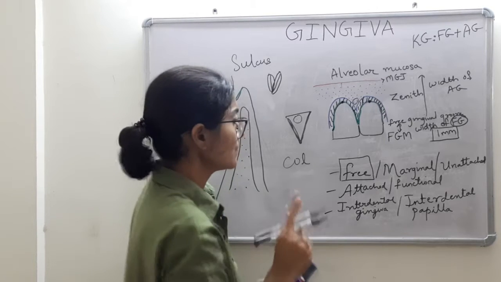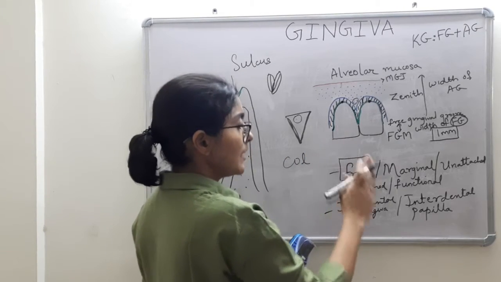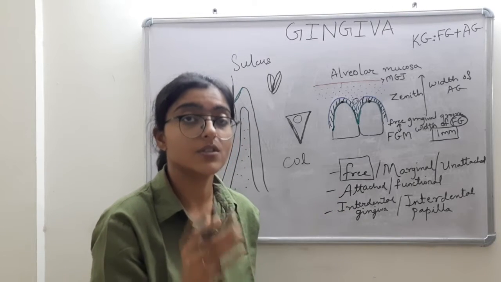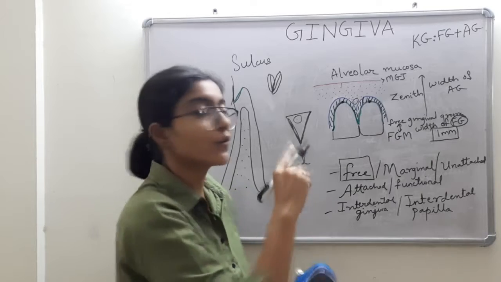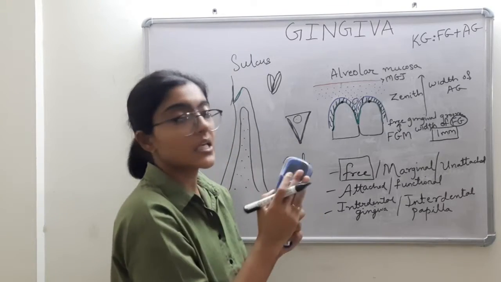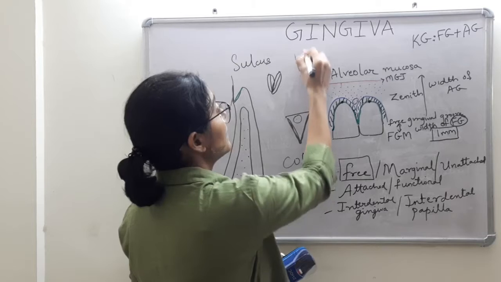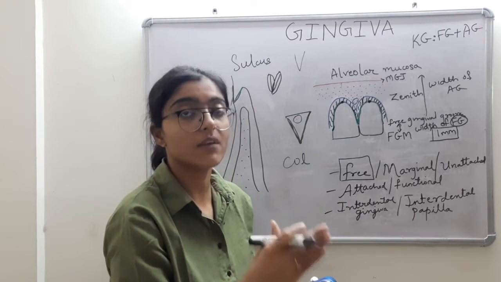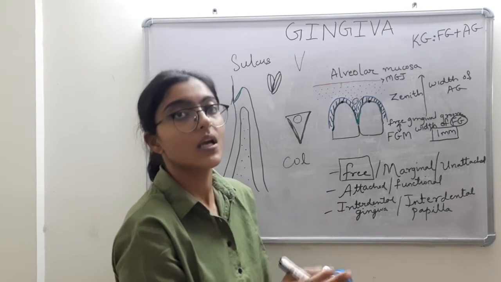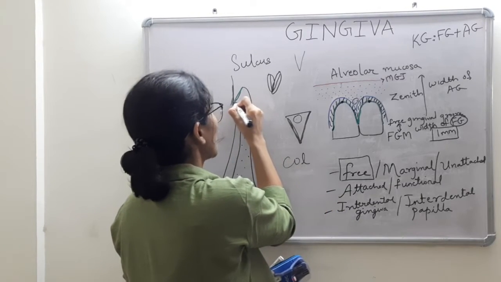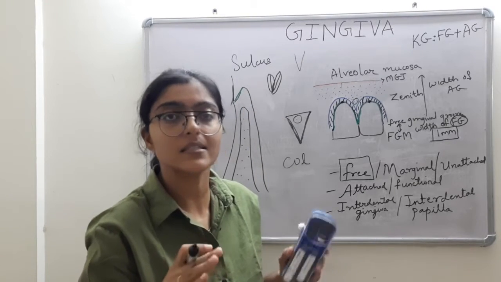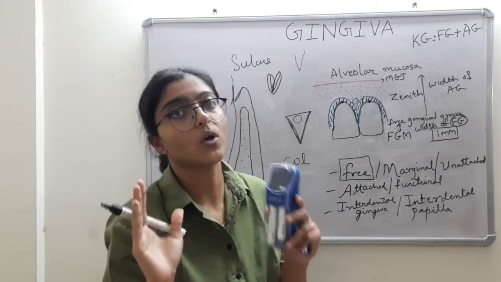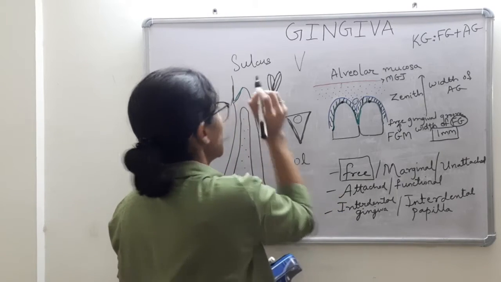Clear till now? Okay. Now, till here: free, attached and interdental gingiva. These three anatomical structures of gingiva are clear. Now moving on to the fourth and final entity, gingival sulcus. Sulcus is a V-shaped shallow crevice or space created by the soft tissue wall of the free gingiva and the hard tissue wall, that is the tooth surface. They both meet to form the base of the sulcus. Here it is sulcus because it's healthy. If it was a pathology, we would have termed it a pocket. But here it is the base of the sulcus.